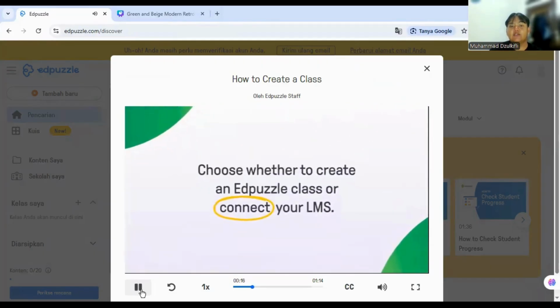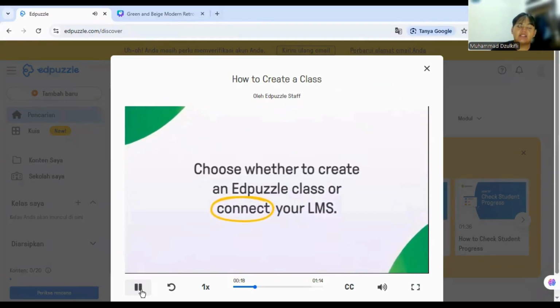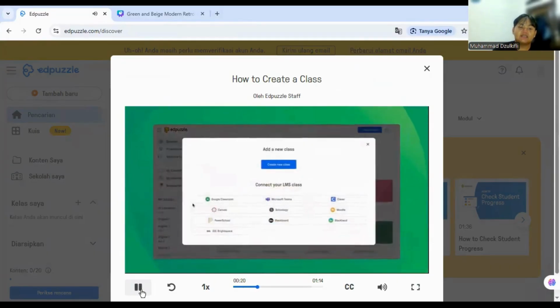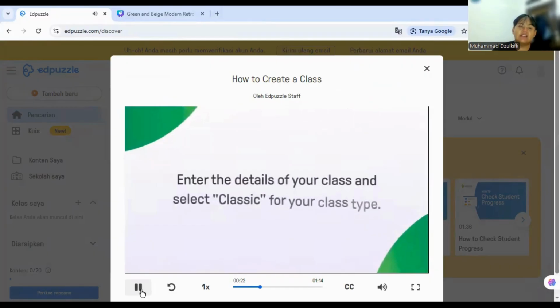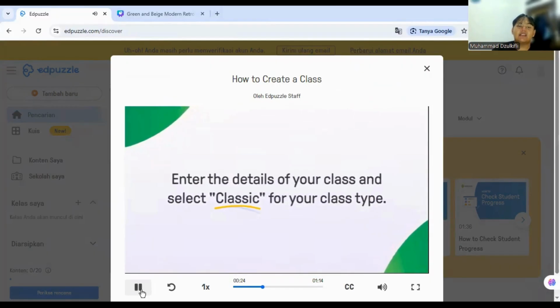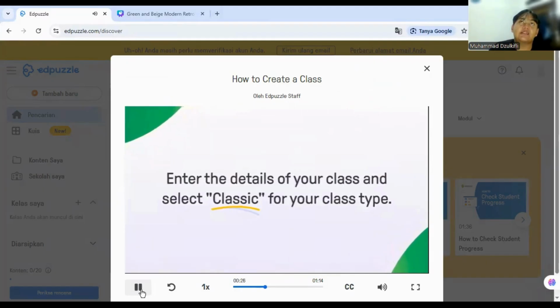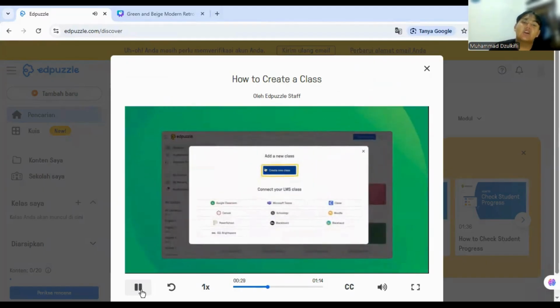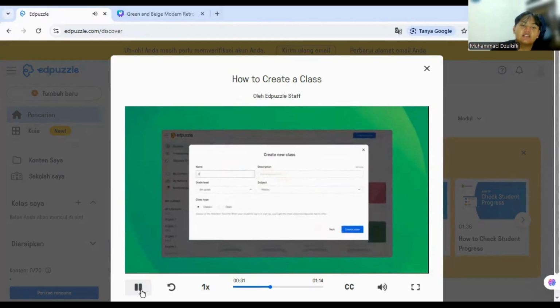Choose whichever to create, add an Edpuzzle class or connect your LMS. Check my classes. Enter the details of your class and select classic for your class type. For example, English class or listening class. You can label it.